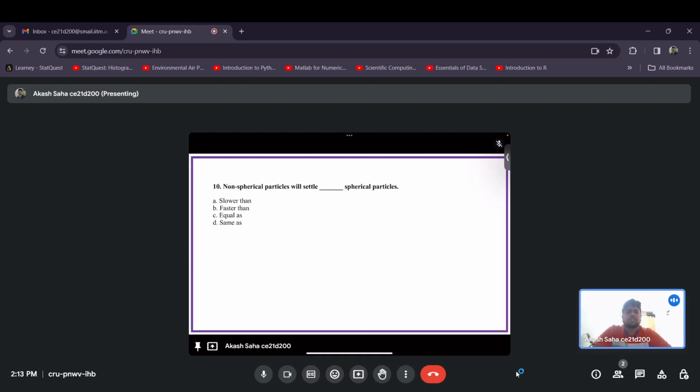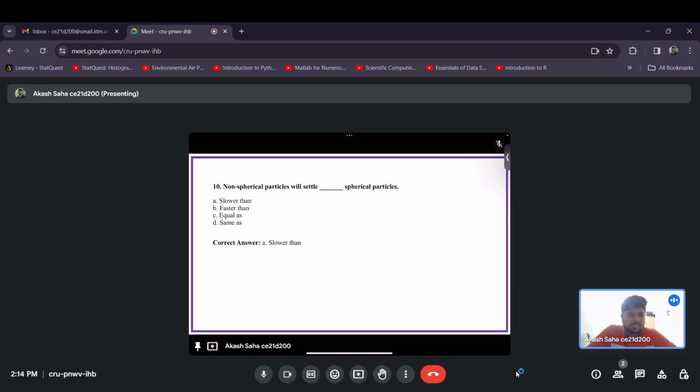Okay, so just think about it for some time. Think about what kind of forces will be acting on a particle when it is settling and how they would affect it. Generally, during the settling of any kind of particle, it will experience a drag force. And when this happens,